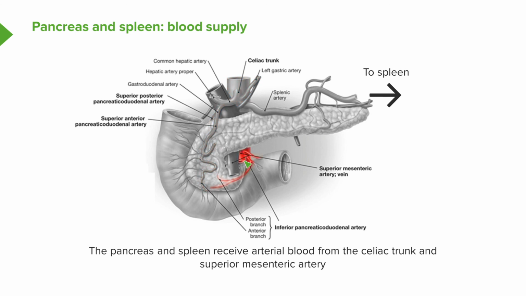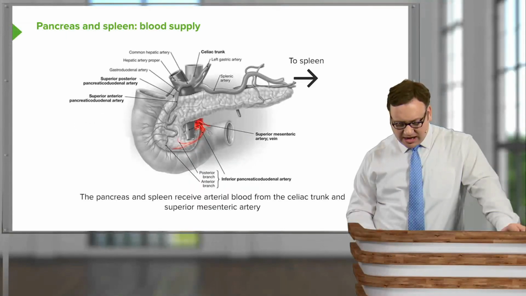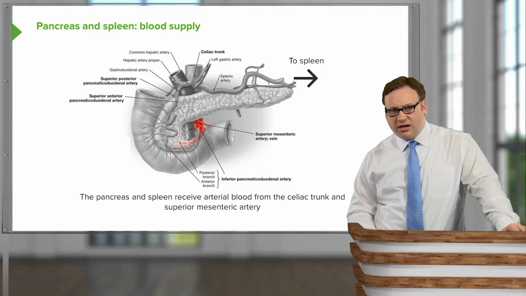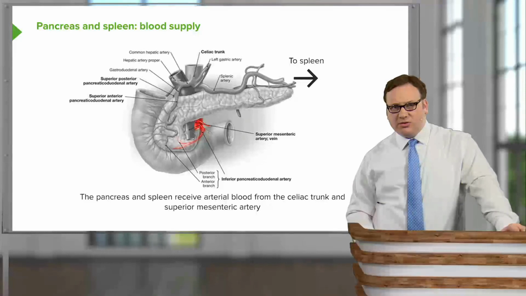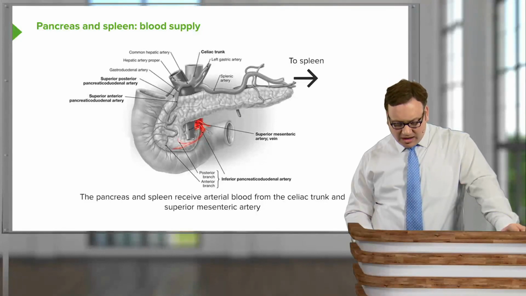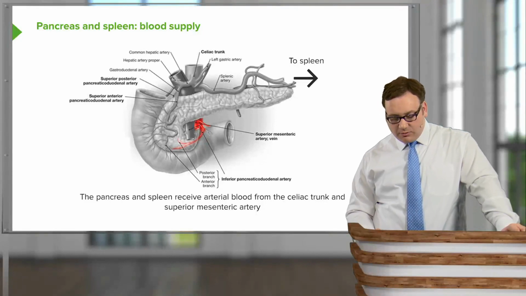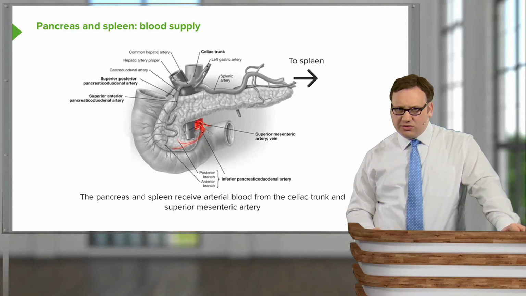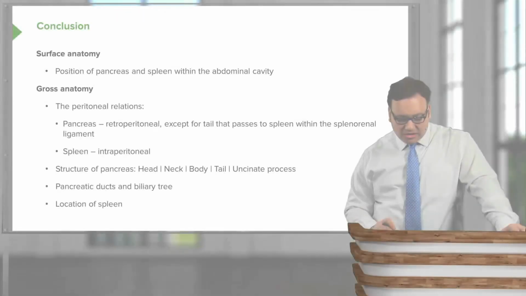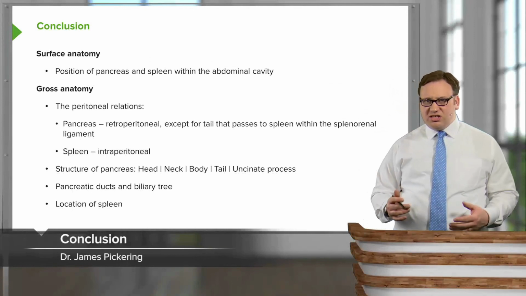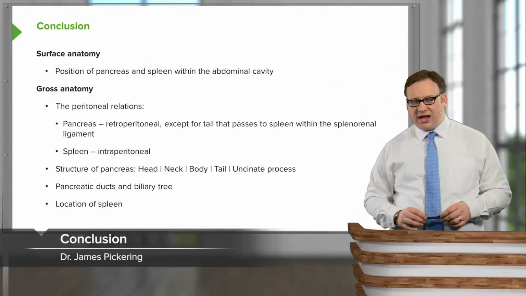Coming from the superior mesenteric artery, we also have inferior pancreatico-duodenal arteries, and these themselves have anterior and posterior branches, which supply the anterior and posterior surface of the duodenum and the pancreas. We'll explore these in more detail when we look at the arterial supply to the gastrointestinal tract in a later lecture. So in conclusion, we've looked at the position of the pancreas and spleen within the abdominal cavity, and then